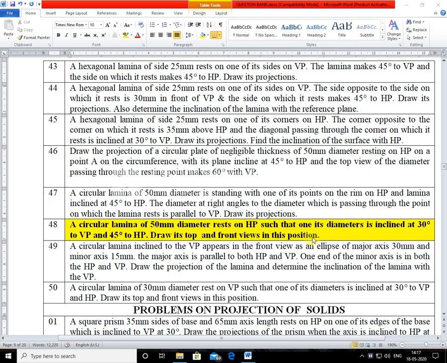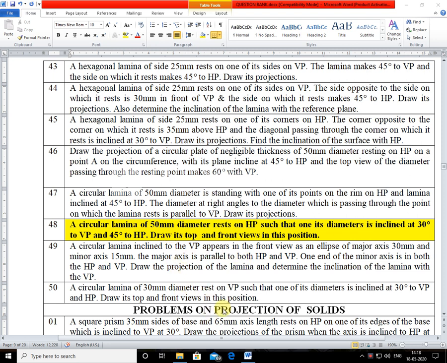Hello students. Now I am going to take one more lamina problem, that is a circular lamina. I'll take how to draw the circular lamina problem on Solid Edge software. It will also help you for a test or examination also. So I'll take it once again, because there are some commands that you have to use in the circular lamina problem. That's why I am taking this problem.